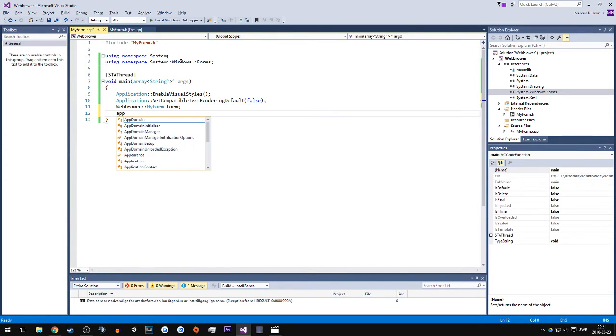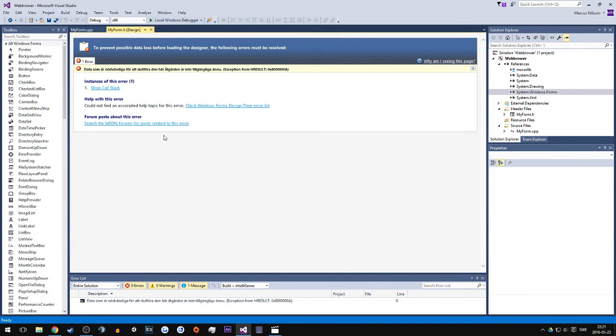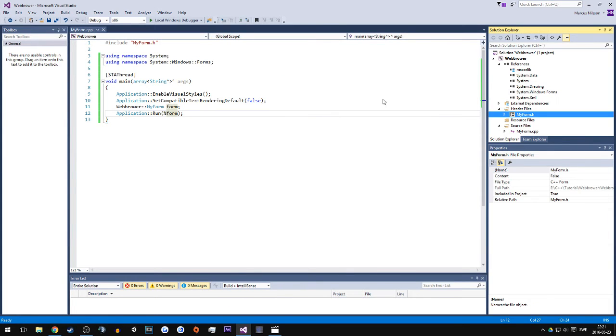Then application run, and here we just add a % sign and form, the same form as up here. So that should be everything, and if this still is like, nah, there's something wrong, you can just take it down, or like press this, just close it,